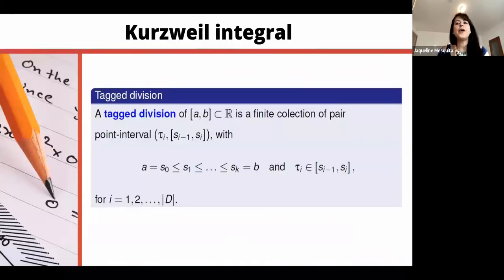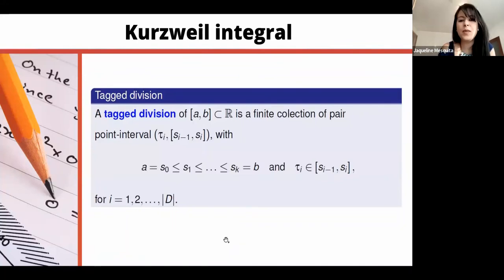So here we are interested in these types of integrals, the Henstock-Kurzweil or Kurzweil-Henstock integrals, because in our type of equations, we consider that the Stieltjes integrals that will appear in our equation will be in the sense of Henstock-Kurzweil-Stieltjes or